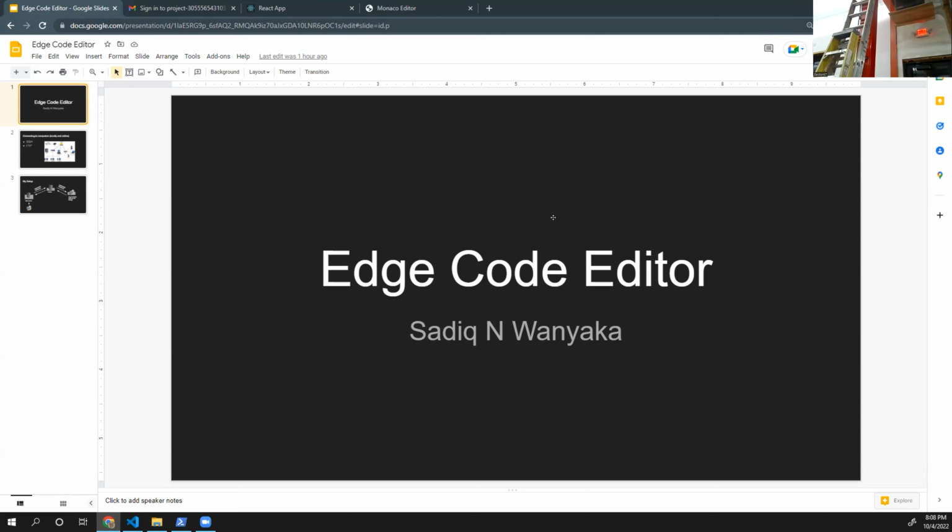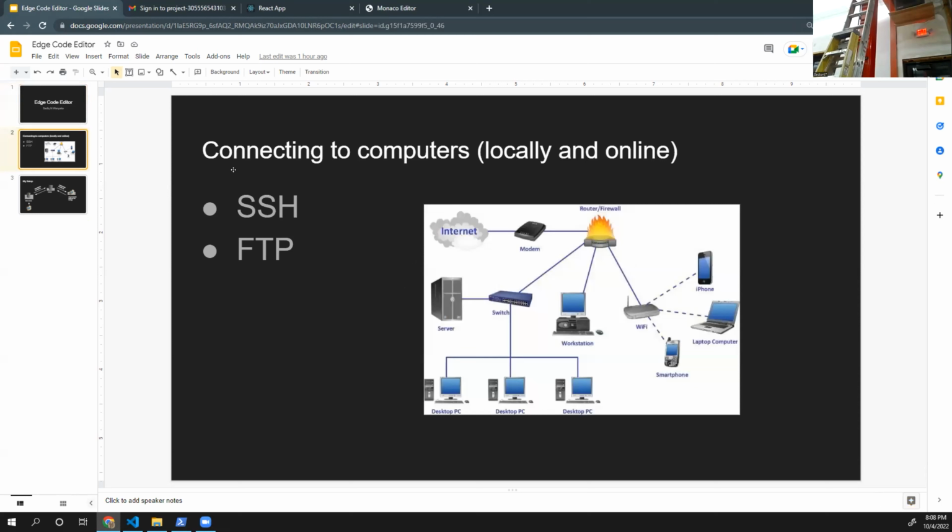I know most of you probably use SSH or some FTP kind of thing to access your files on a server somewhere, like a web server.